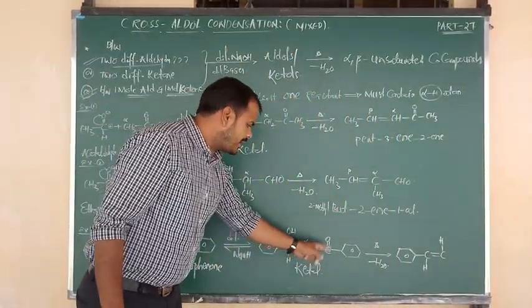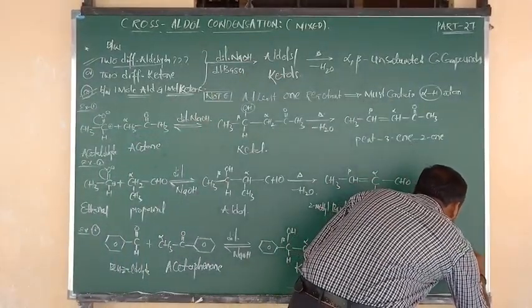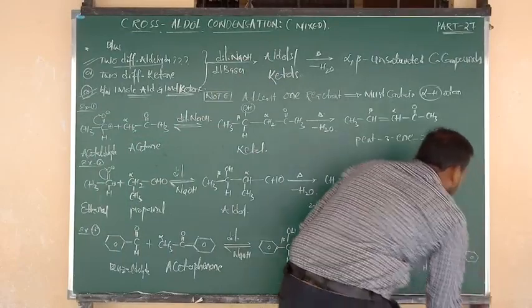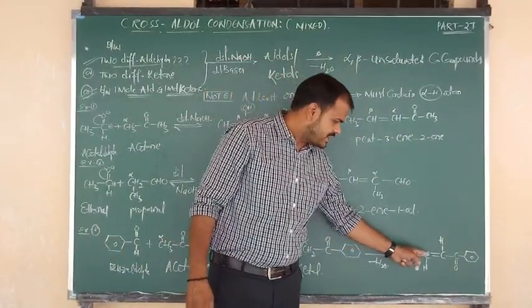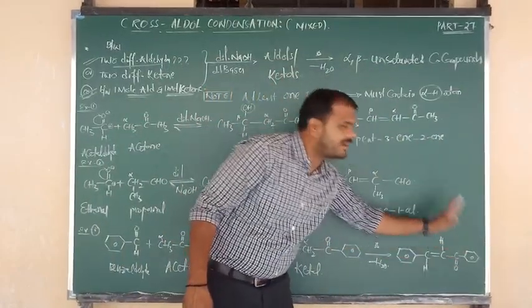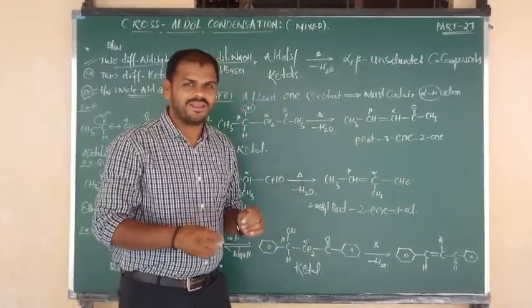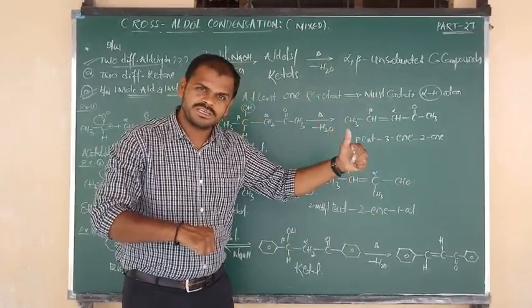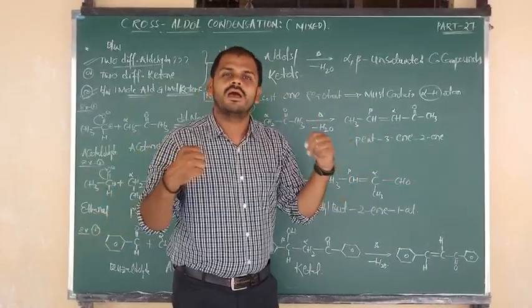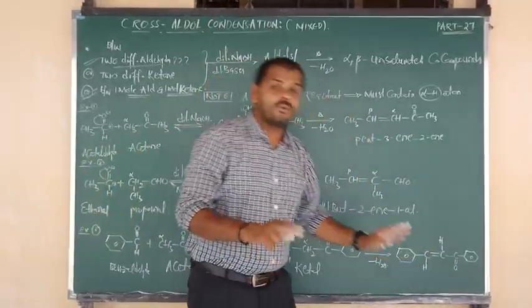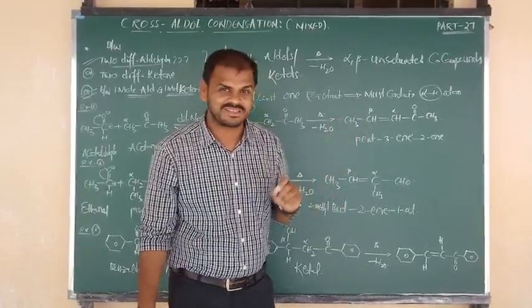Next, it is connected to C double bond O, and C double bond O is connected to benzene. Otherwise you can write it shortly: benzene bond CH, CH double bond CH, again bond C double bond O connected to benzene. But try to write in the first manner. The hydrogens should be opposite, in the trans form. Then there will be no repulsion, so it will be more stable. Write the hydrogens opposite. I hope you understand. Good.